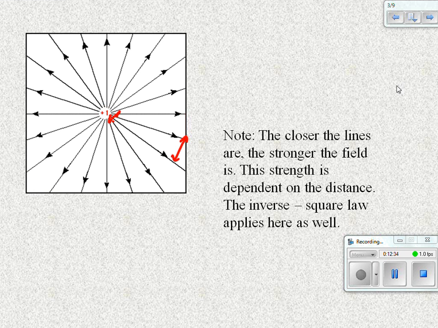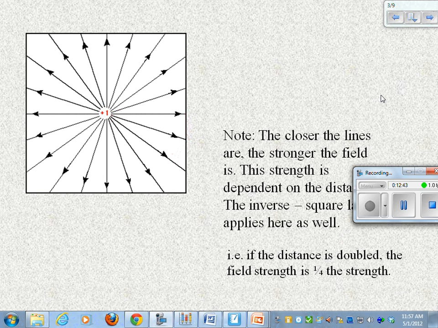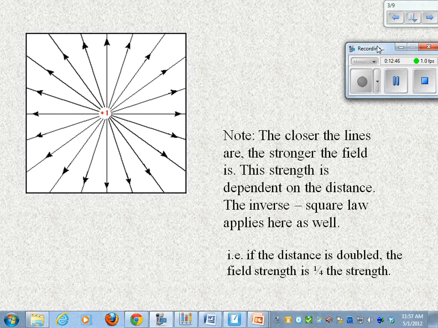Inverse square law. Actually, I might want to do a lab one of these days on that. Inverse square law. And here it is. It says right here, if the distance is doubled, the field strength is